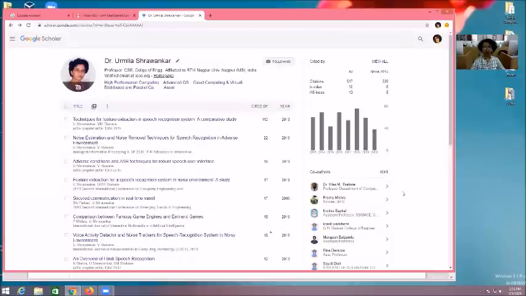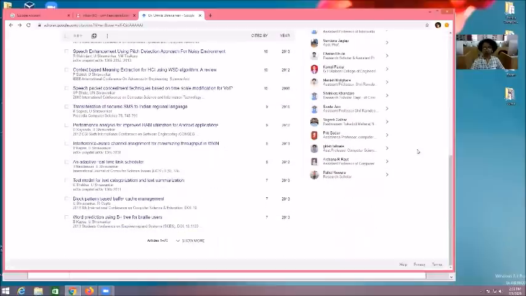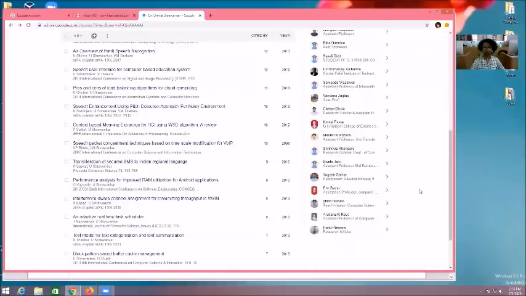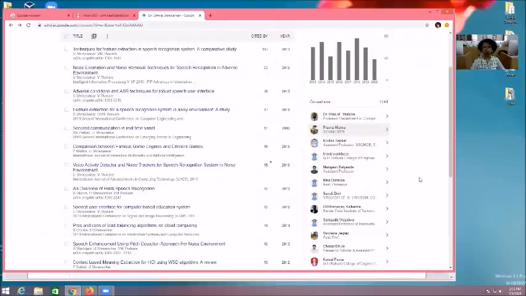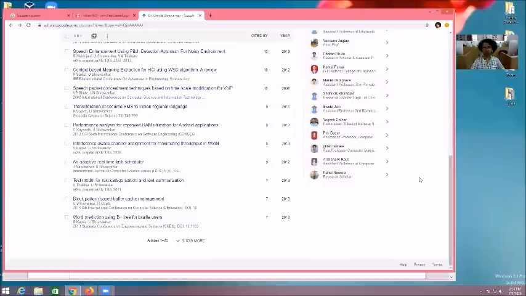This is again my original profile. Cited by and view all, I told you about these; these are the numbers and this is the profile. This is my co-author. Suppose by mistake some co-author name is added to my profile and I find that this is not my co-author, or I have not written a single paper with that author.